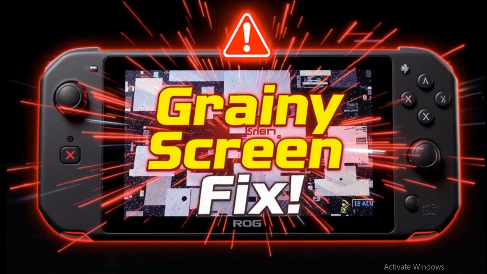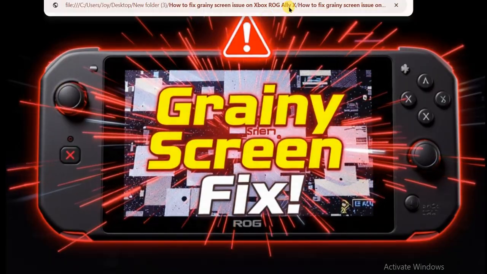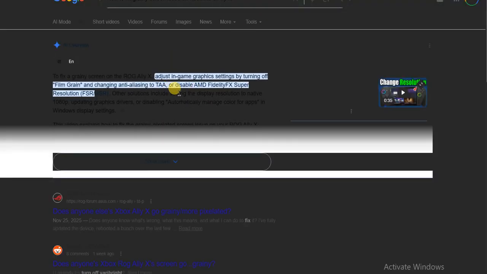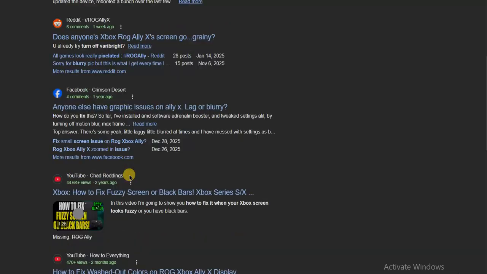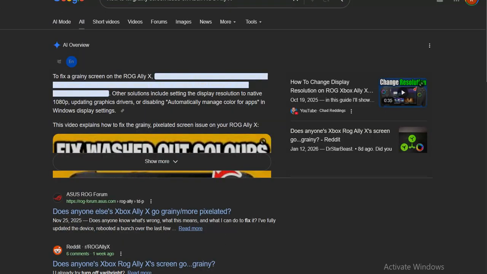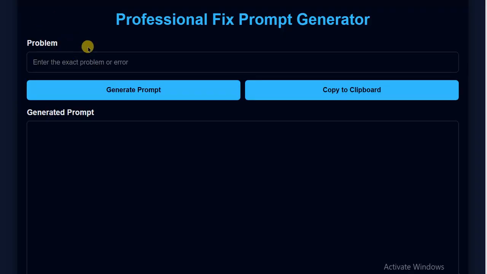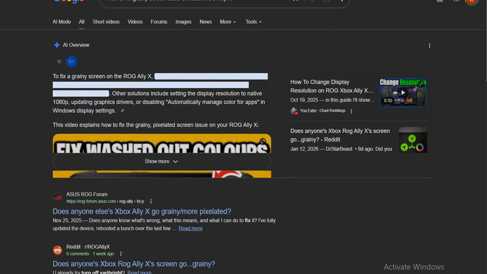You've probably seen other solutions on YouTube or social media, but they are long, confusing, and full of steps that don't always work. Today on Rexist, I'll show you a simple trick that fixes it in seconds by adjusting the display scaling and refresh rate perfectly for your device. Just follow these easy settings, and your screen will look crisp and clear